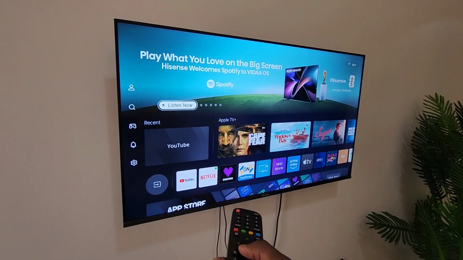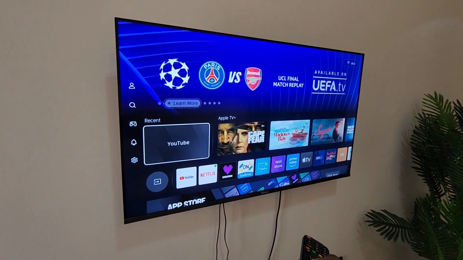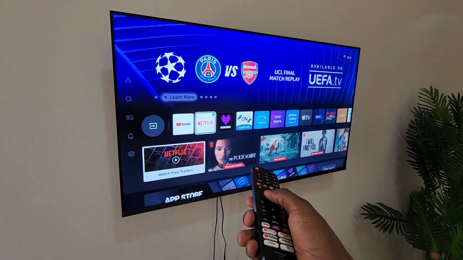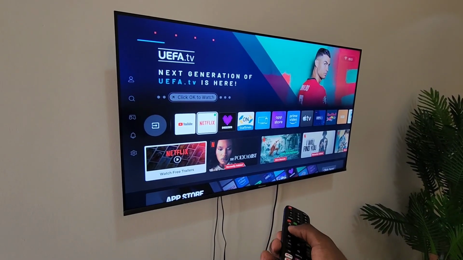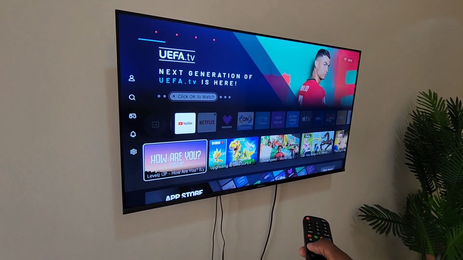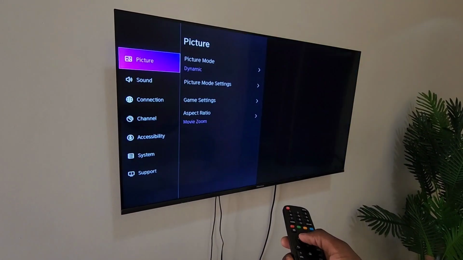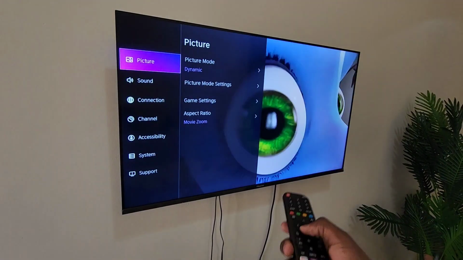So if you want to lock Netflix, for example, you want to put a password on Netflix, in order for a person to access it, they must input a password. Right now it's not locked, so all you have to do is go to settings and you scroll down to